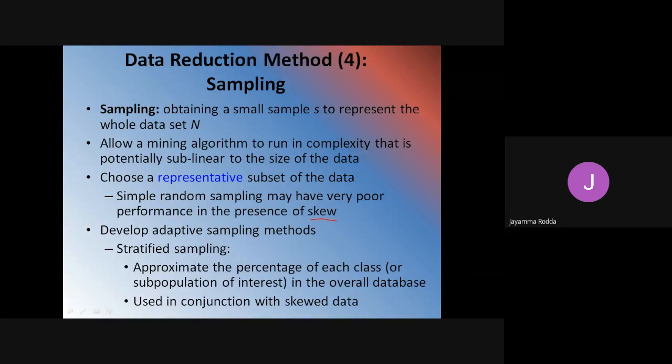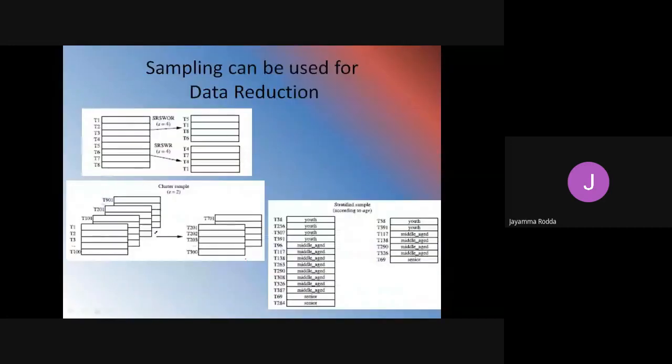So anyway, here we are given an example. Sampling can be used for data reduction. What is done here? SRSWOR, the first example you see, and the second one is cluster sample. The sampling is applied to various tuples.